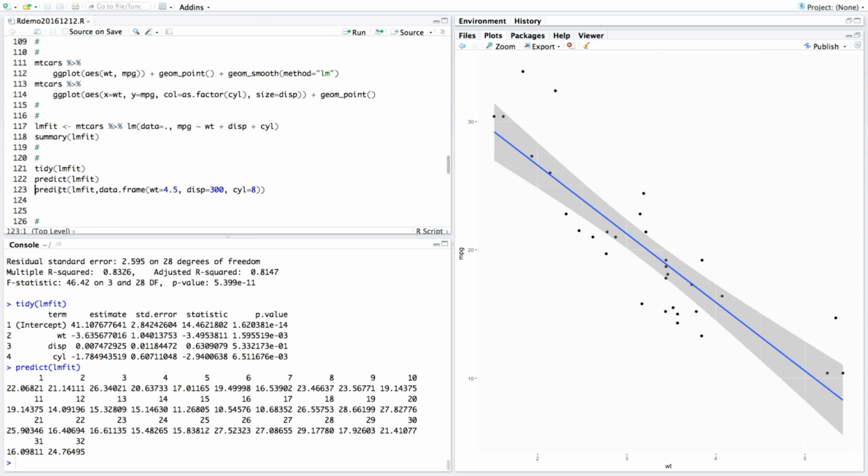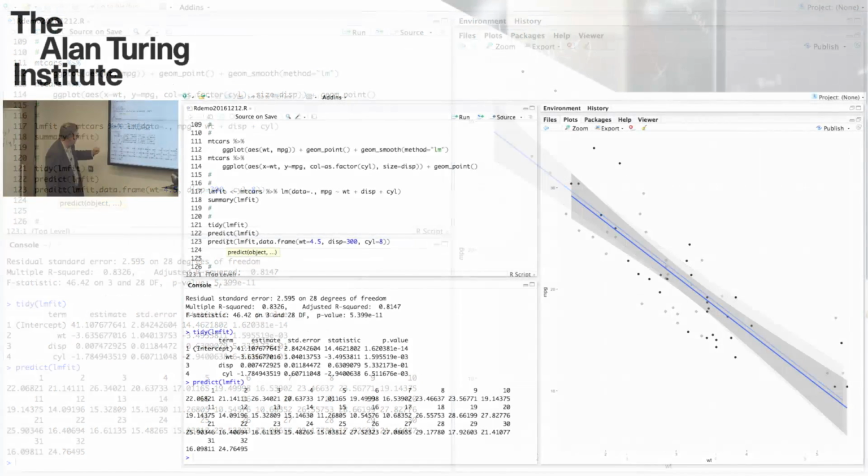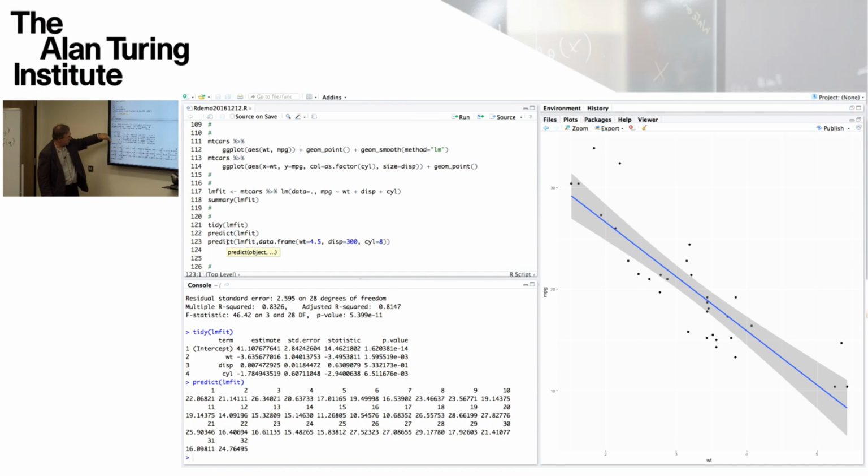If you say predict to an LM fit, then without any other arguments, what predict does is it returns the fitted values, just as in the column in the augment data frame. But predict also has an argument called newdata, which is the second argument.